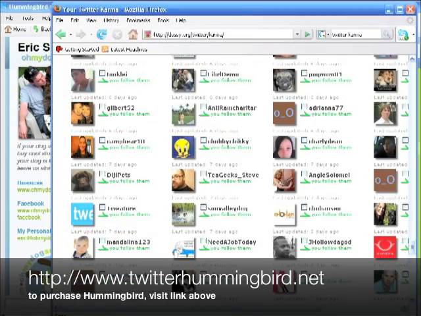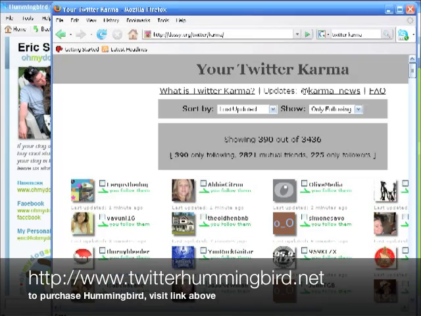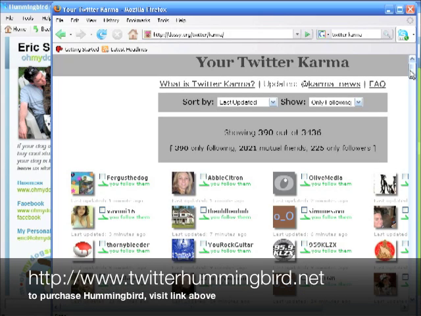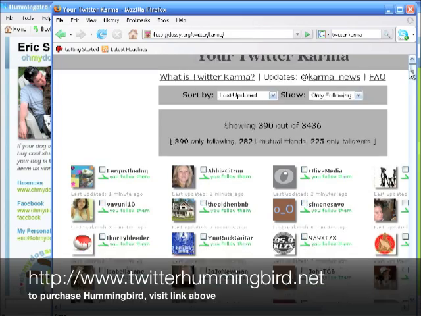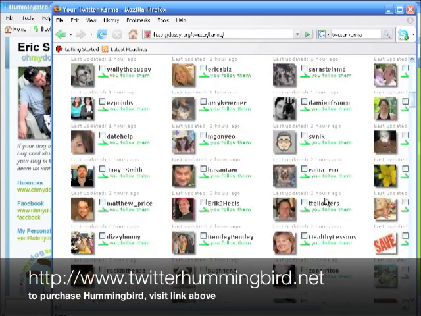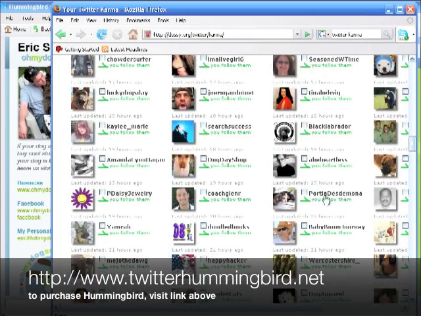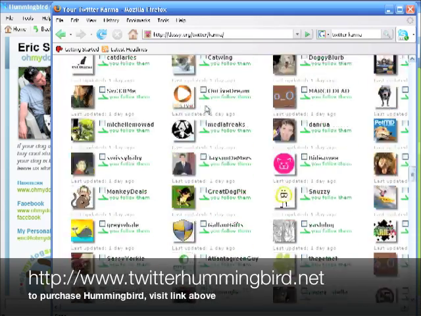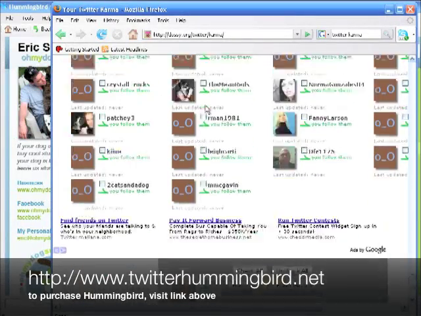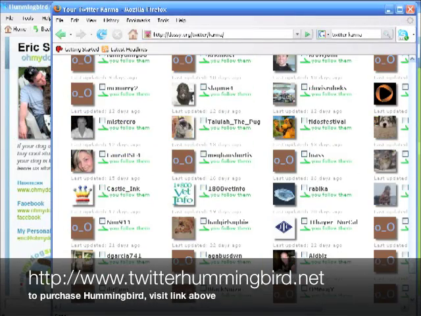So if you're using Twitter Karma, you can set the filter to show people that you're following who aren't following you back, and this is typically what you would mass unfollow. But if there's, say, 10 or 12 people that you don't want to unfollow, it really sucks to have to go through all of these and eyeball them. Like Joe Rogan here, I like to follow him, but I don't want to have to search them out and click them every time before I do a mass unfollow. It really is a huge pain.